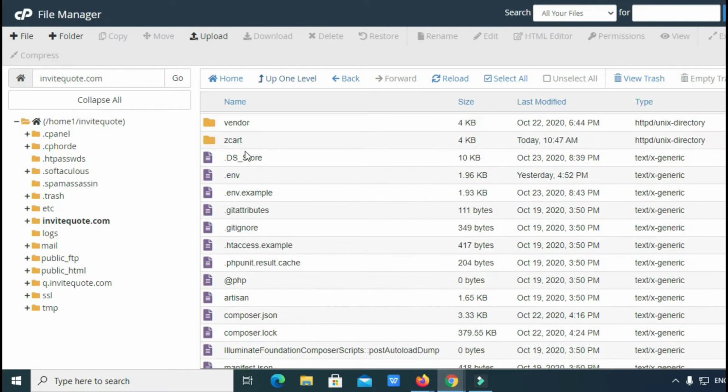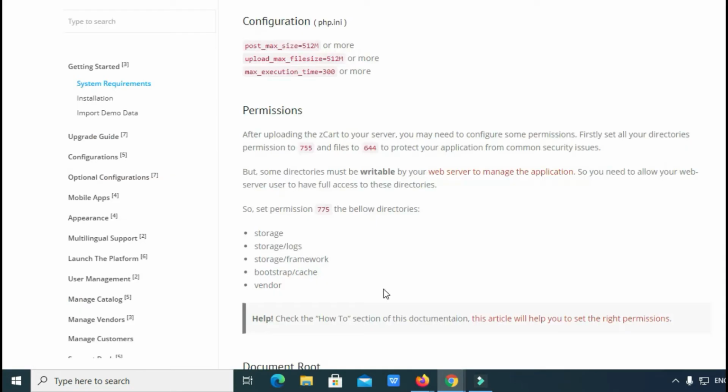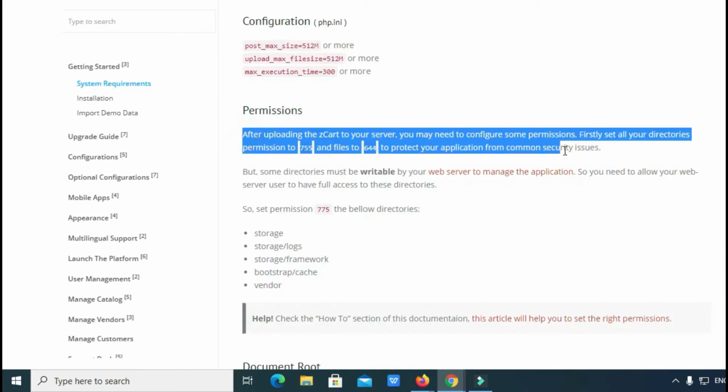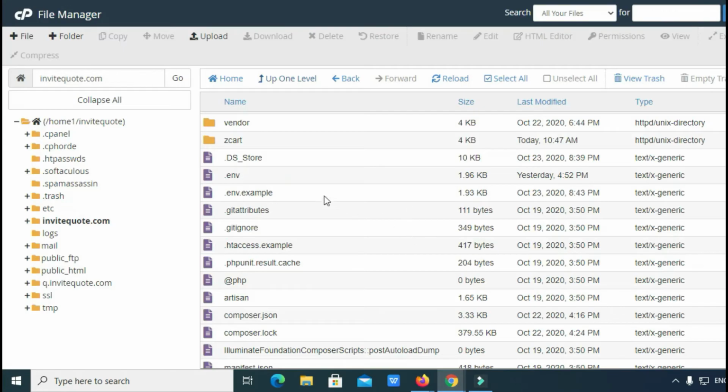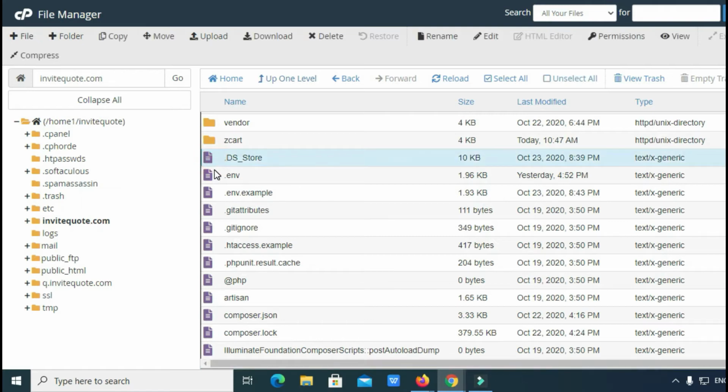Now we can fix all kinds of permissions. They told me that after uploading the Zcart files, configure some permissions. Firstly, set all directories permission to 755 and files to 644. So we can set that first.